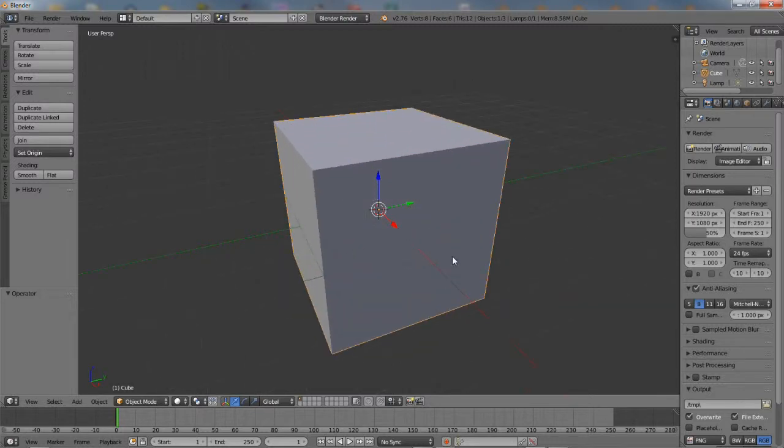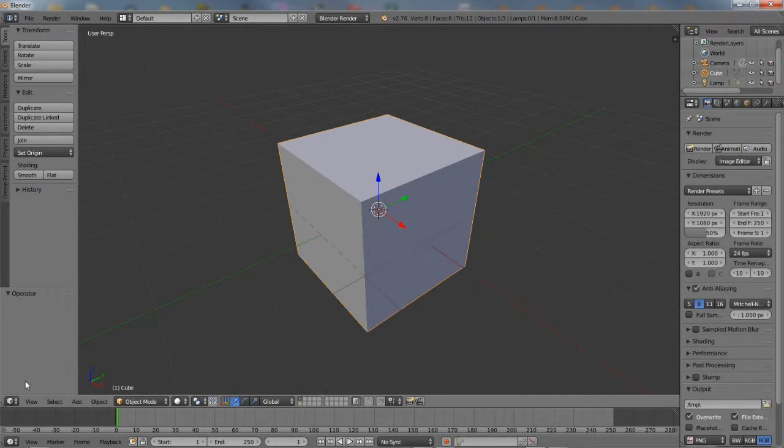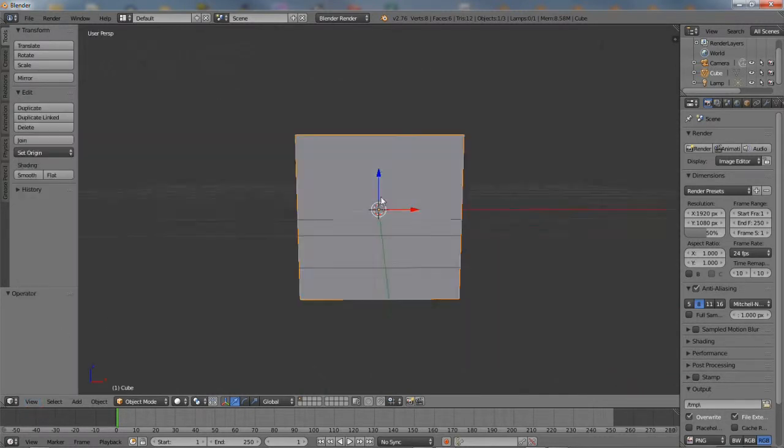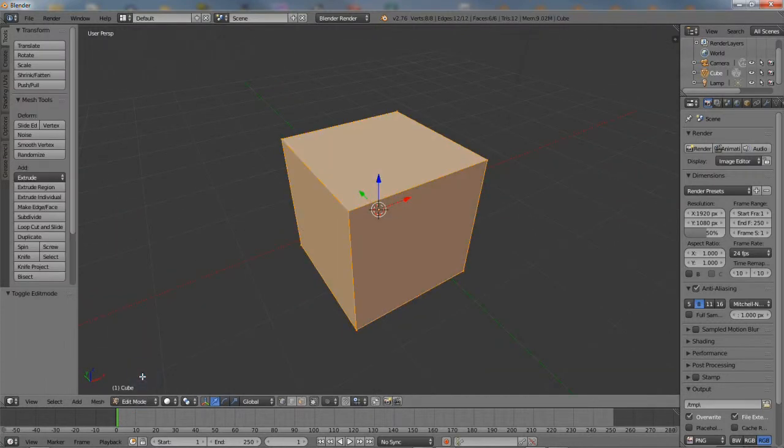To make the character, starting from the default scene, make sure the cube is facing front, so from the View menu, select Front, then middle mouse rotate the scene to get a better view of the cube, and enter Edit mode. In the tool shelf to the left, click the Loop Cut and Slide button,